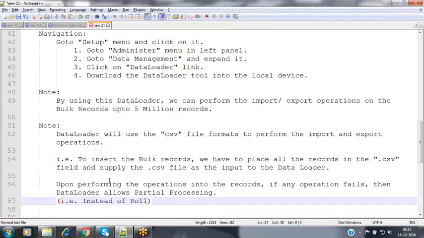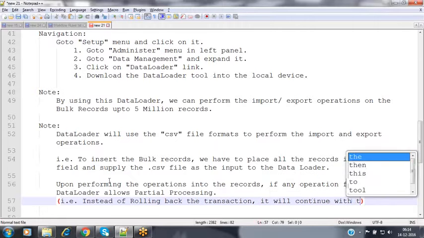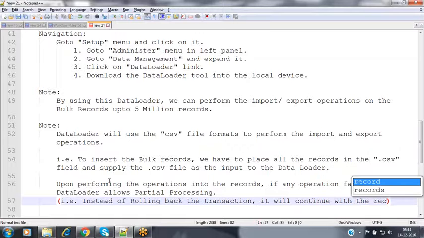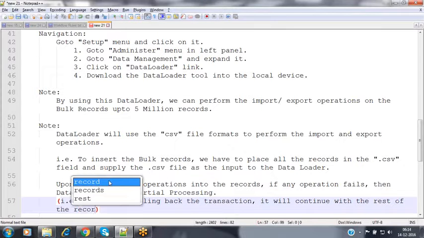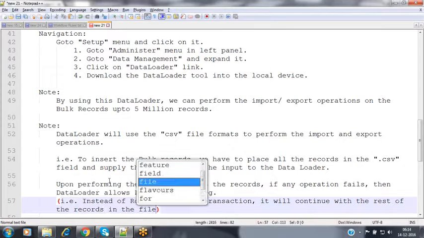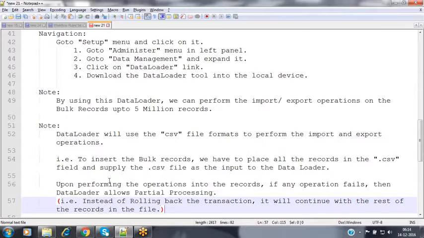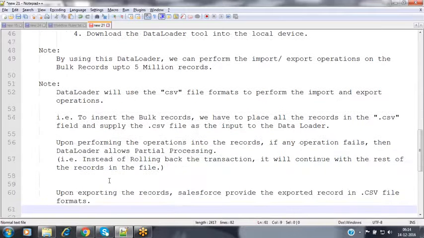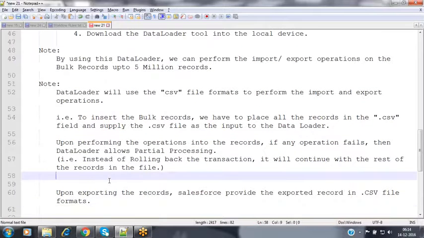Instead of rolling back the transaction, it continues with the rest of the records in the file.